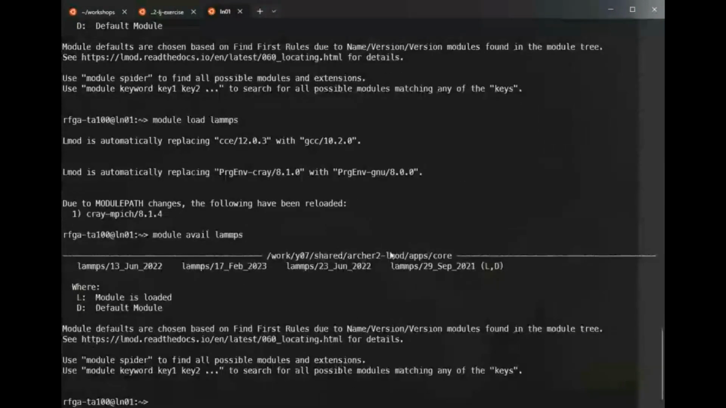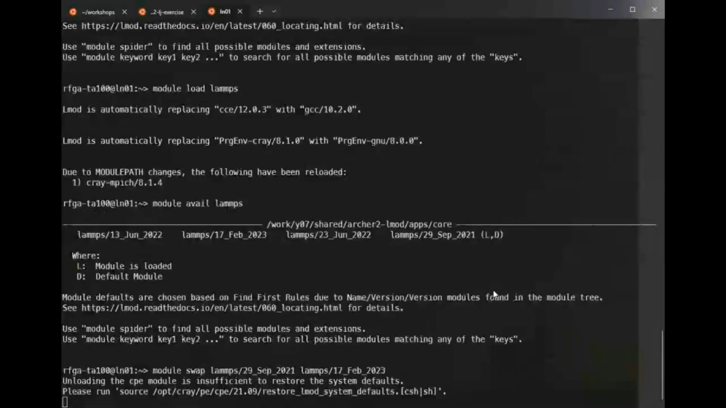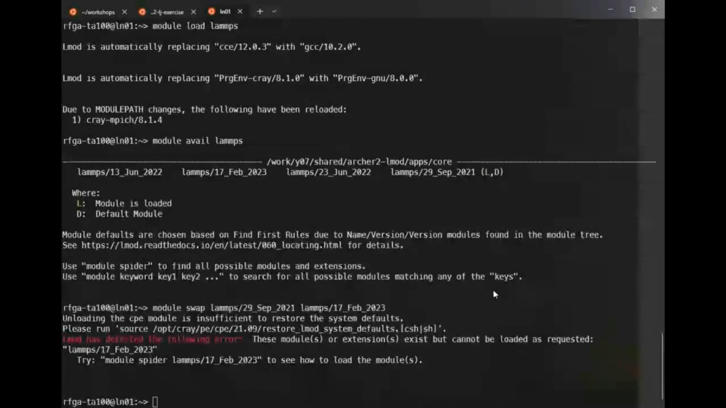So if we do module avail again, we should see an L here for loaded. If I change my mind and I want a different version of LAMMPS, I can do a module swap. Let's say I want the most recent version of LAMMPS, which is the Feb 23. So I can do a module swap, and that should fix everything in the backend. But if not, the best way to do this is just to exit ARCHER2, log in again, and just load